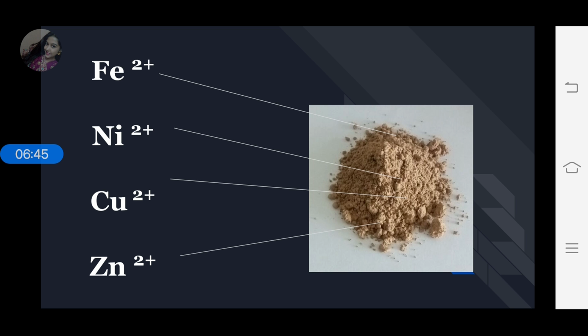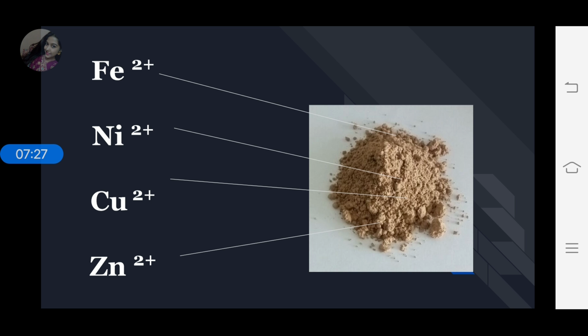This is what the definition tells you: a process of isolating. What you are going to do with this mixture is first isolate. Isolate means you will separate your Fe2+, because we are interested in separating Fe2+, or in your practical, whatever they might have told you to separate. Currently, with this slide, we are interested in Fe2+. So first, as per our definition, what you would do is isolate or separate Fe2+ from your other ions. There are various steps to do so. Those steps we will discuss in the further videos.